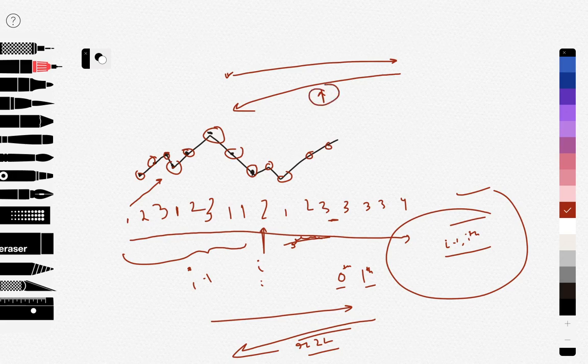We just need to prove that since the left to right is correct and right to left is correct, the maximum of that will be correct. Clearly the maximum of those two will satisfy both of them, right? For example, if at some point we have 1 and 2 corresponding to the two directions, and we keep only 1 here, then this 2 won't be satisfied, but if we keep 2 here, then it would be satisfied, right?